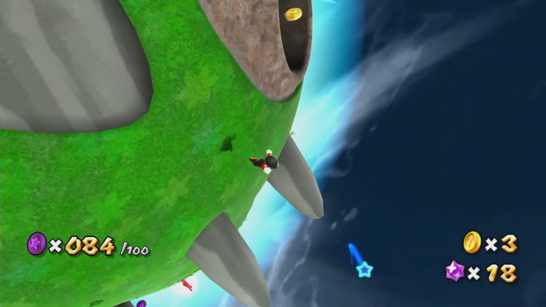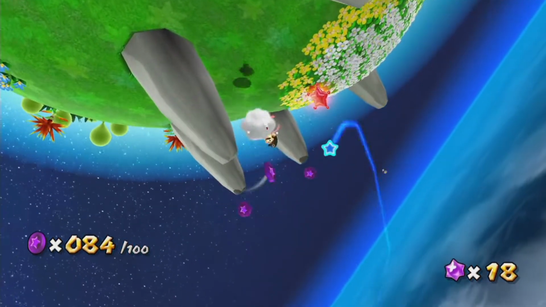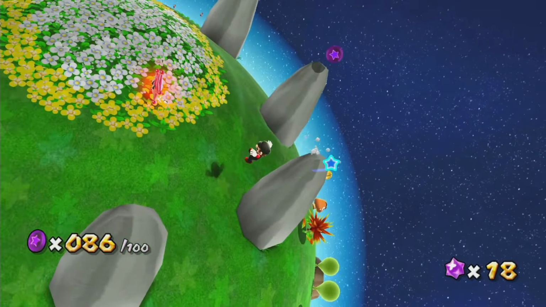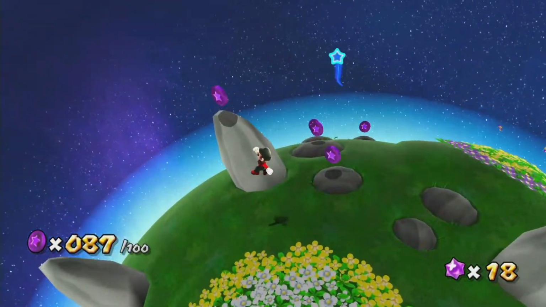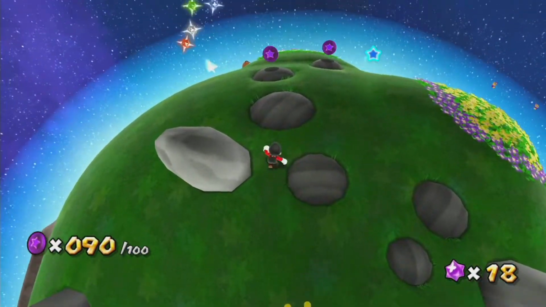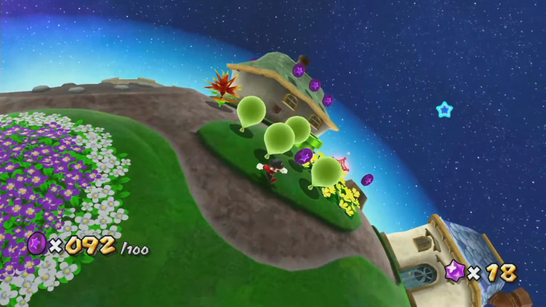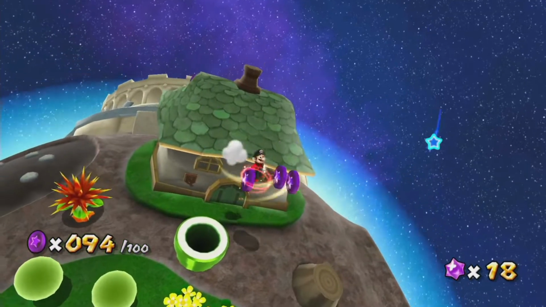Most of the spins are probably just gonna be for triggering it and then immediately spinning like this to de-trigger it, but then still get the coins from it. Because it saves you having to hit them up manually, which I think is cool. And of course it'll work for...